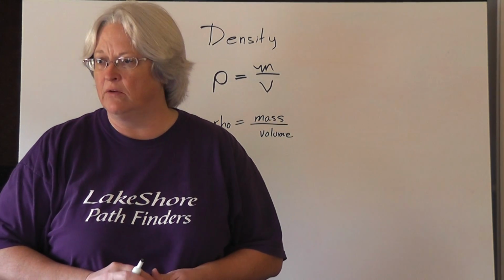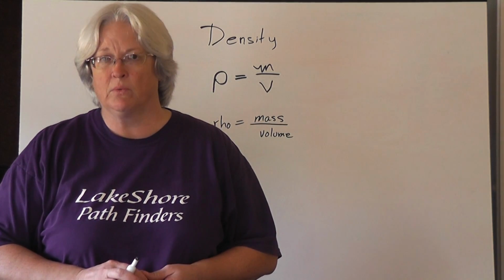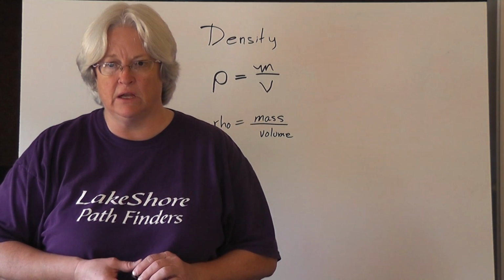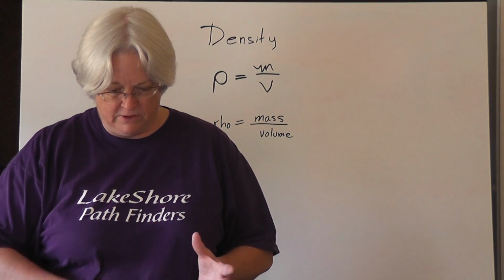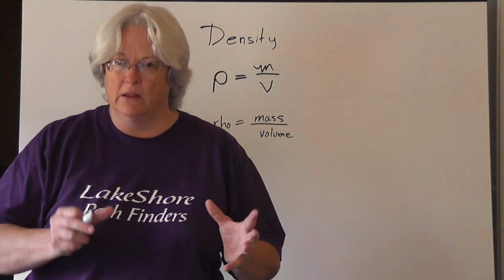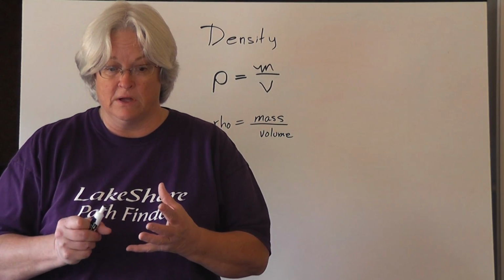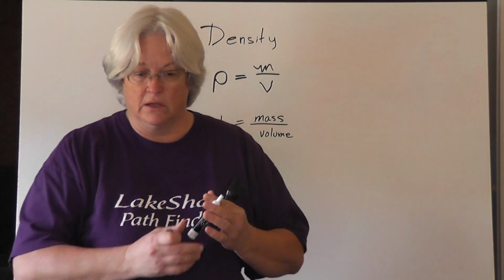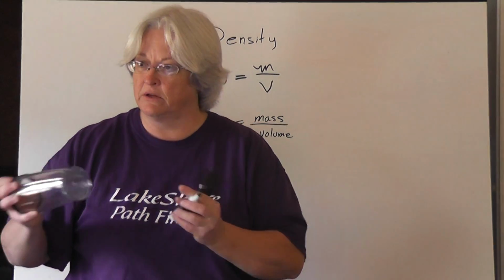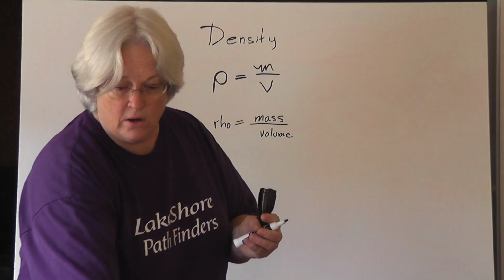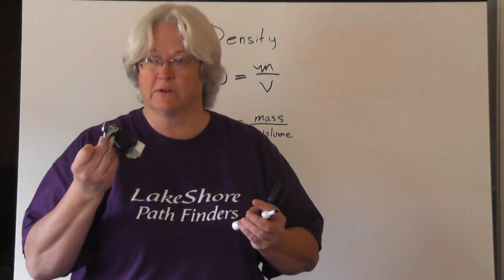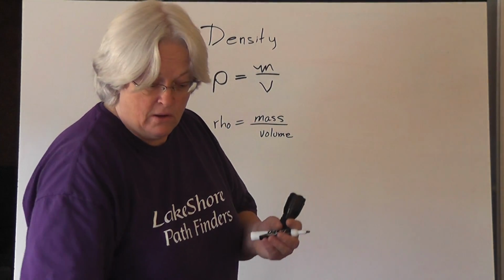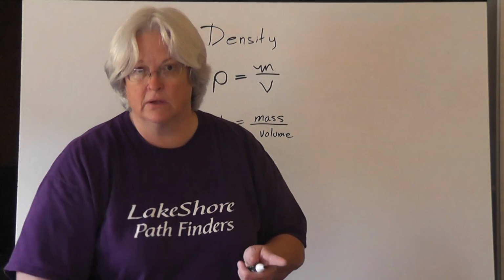Okay, this is lecture 5 for chapter 1 in chemistry, and what we're going to talk about today is how to do density. And density is a relationship that lets us identify between the metal that's in this flashlight and the plastic, the different types of plastics that's here, or the different types of metal that are in the keys, or gold or silver, because what I didn't know until I was looking through this